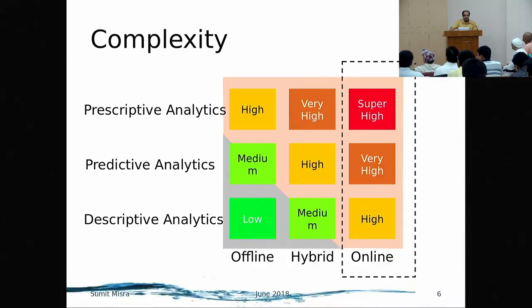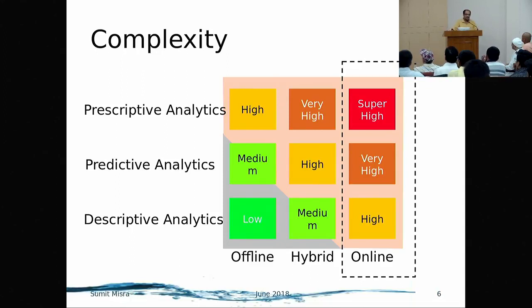So if we look at the complexity of these systems, in analytics, we know that there is descriptive analytics, which is at the lowest, where we can describe the data using analytics techniques. Then there's predictive, where we use linear regressions and logistic regressions to predict, to classify things. And there's prescriptive, which is very complex, and you can almost predict and say, you know, you ought to do this so that it doesn't happen or does happen, whatever.